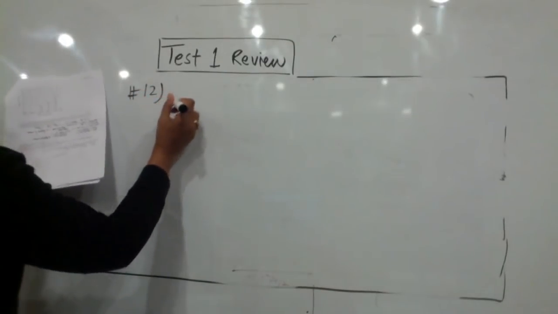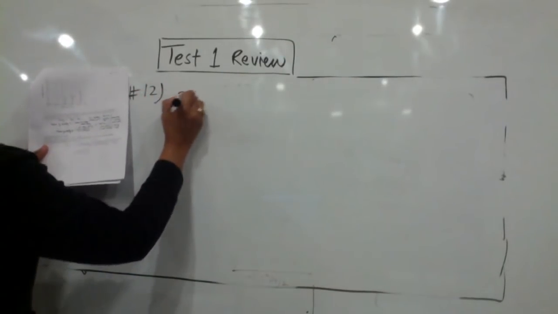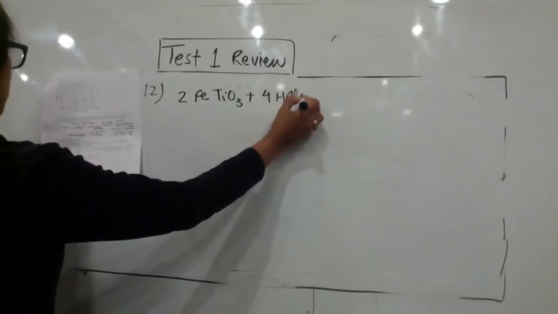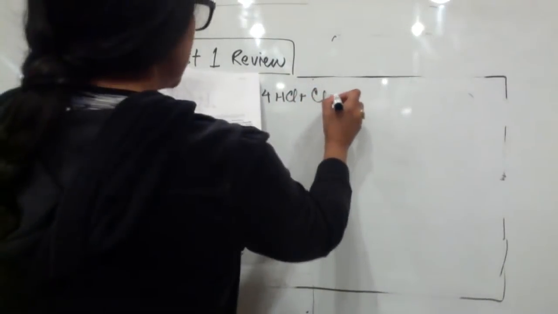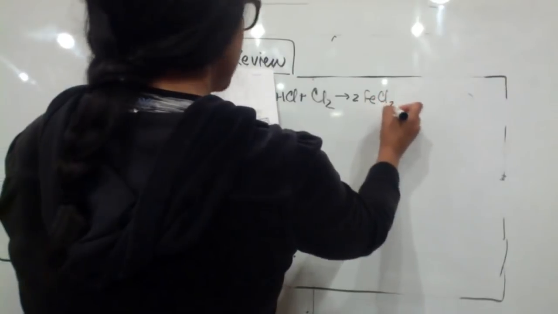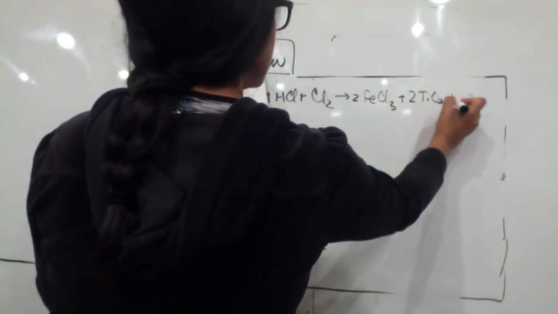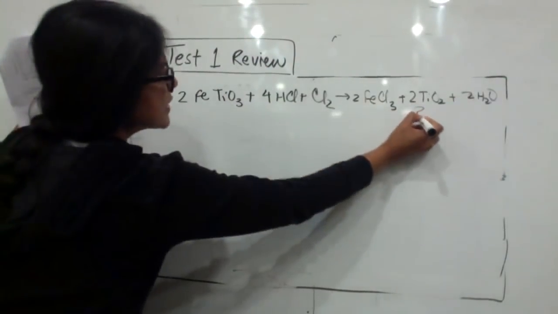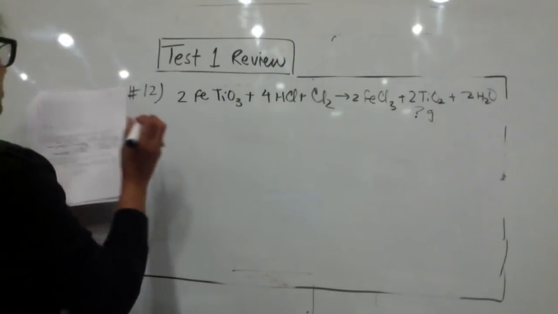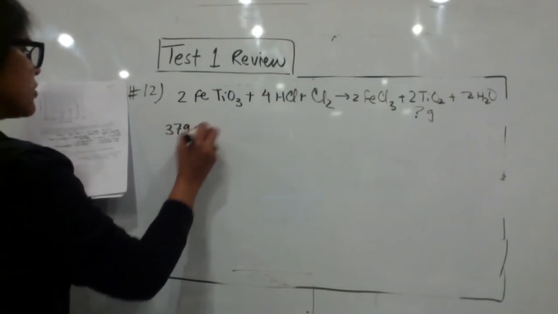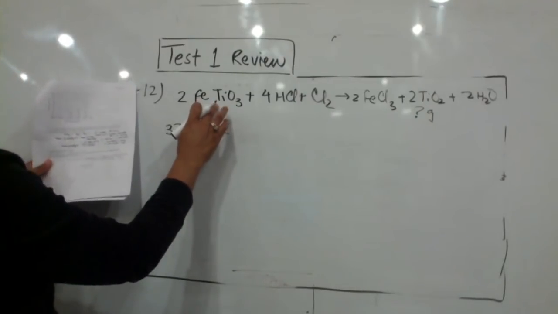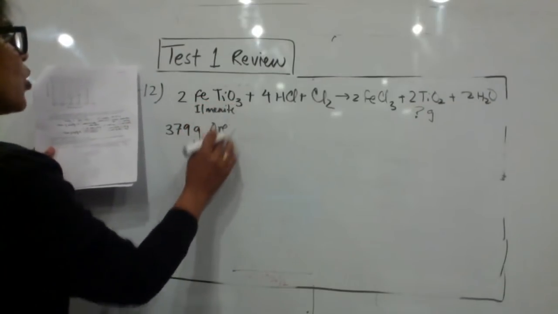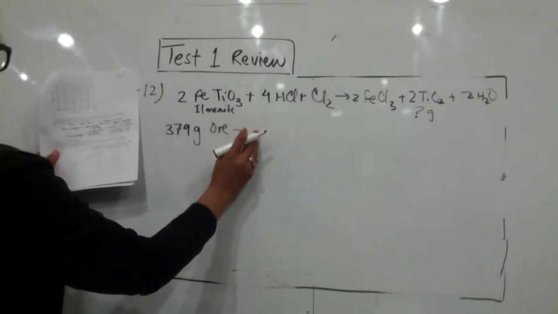So number 12 gives you an equation: 2FeTiO3 plus 4HCl plus Cl2 gives you 2FeCl3 plus 2TiO2 plus 2H2O. This is given to you. They ask for grams of this that can be prepared from 379 grams of ore. This ore is not this. This is called ilmenite. And the ore has ilmenite in it. How much? Only